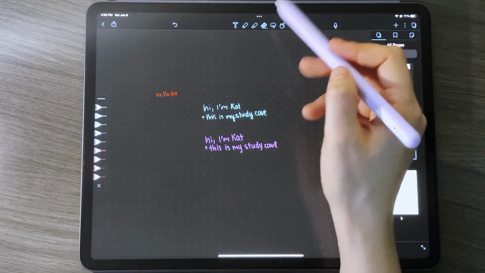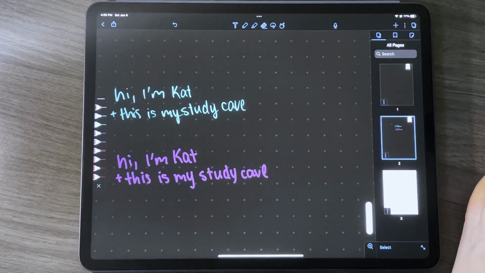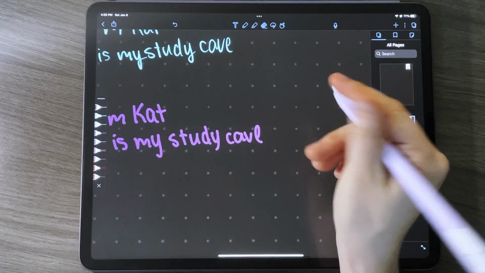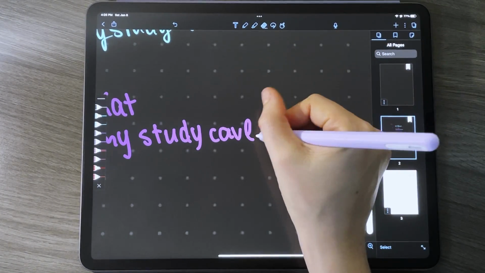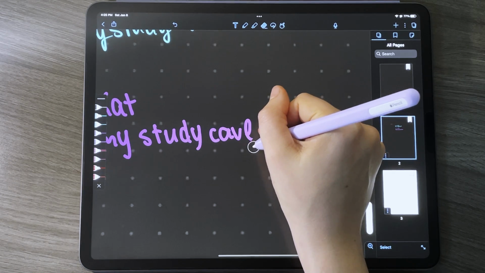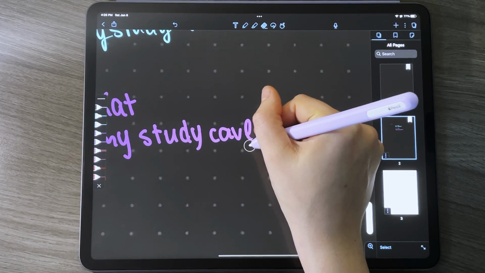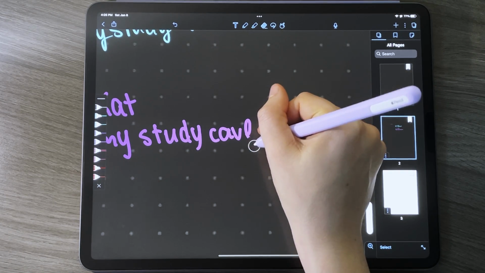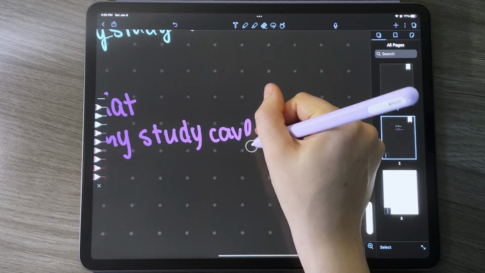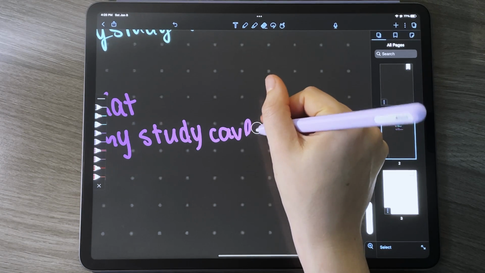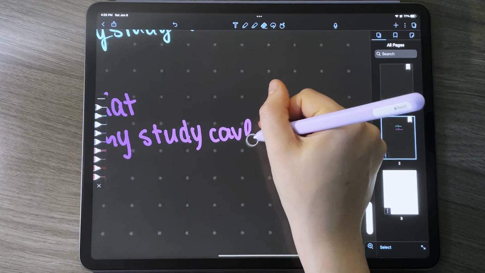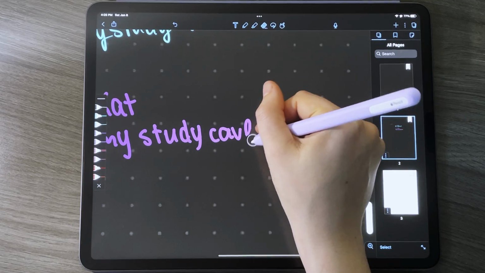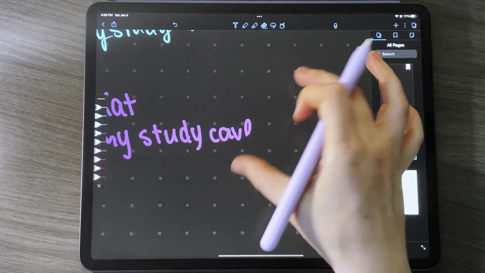Let's go ahead and do the eraser next. One thing I do really like about Notability is it does have a pixel eraser. So if we zoom in really small here, I can erase just the individual edges here. So it's more or less erasing the pixels. So you can get the exact line you want. So if you're doing a lot of diagrams in your notes, that is one thing that Notability is definitely better